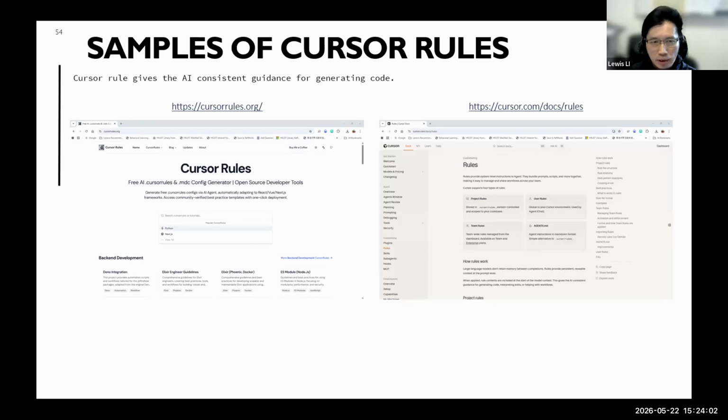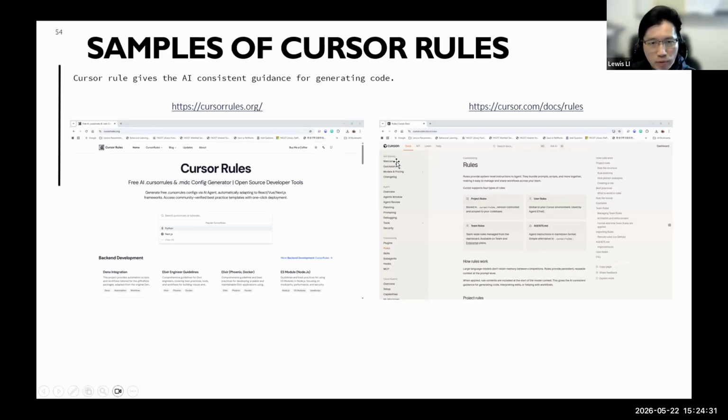Okay, so this is the purpose of the cursor rule. Just like when you go to school, there is some rule every student has to follow. This is the rule that you use to guide the cursor to follow every time cursor creates some code. This is the website which I show on the screen. It's the website where you can take a look at some standard rules that cursor will use.